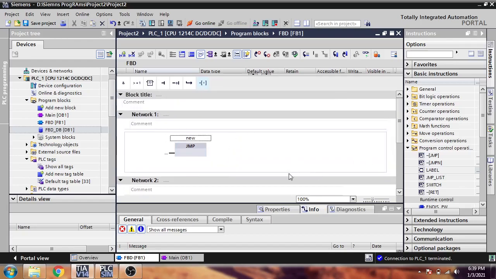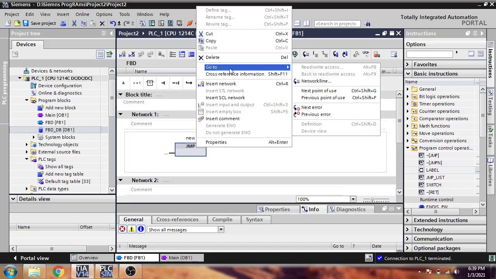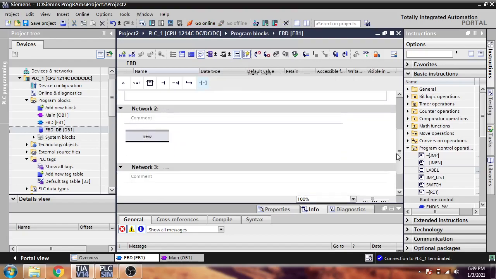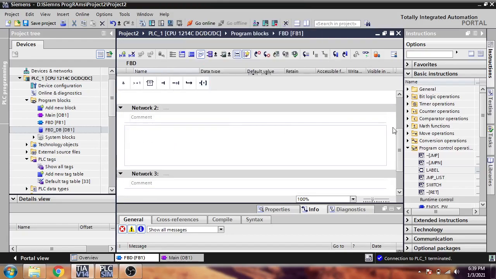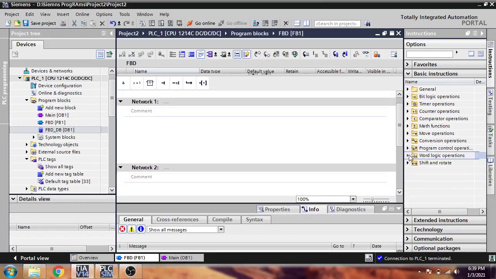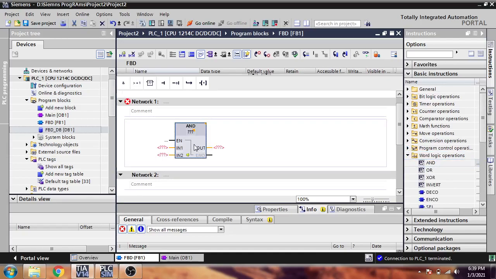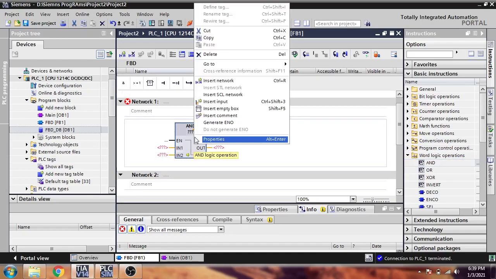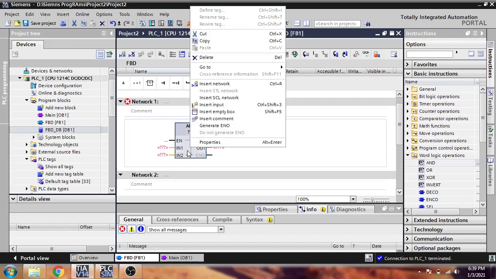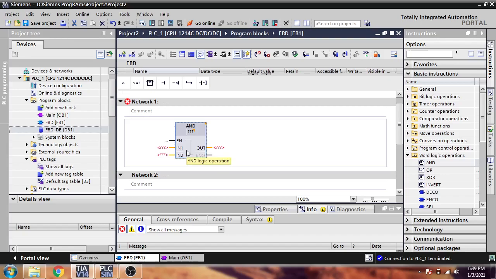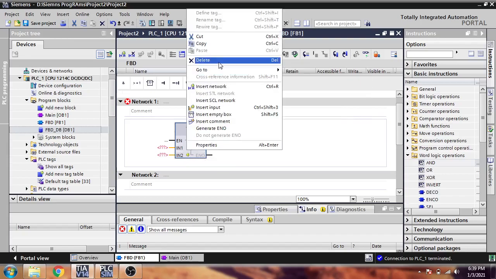So how does jump work in FBD? You will see it is all the same as ladder language. You don't need to worry, because you won't face any difficulties, because ladder is easy, and if you understand ladder, you will easily understand FBD.